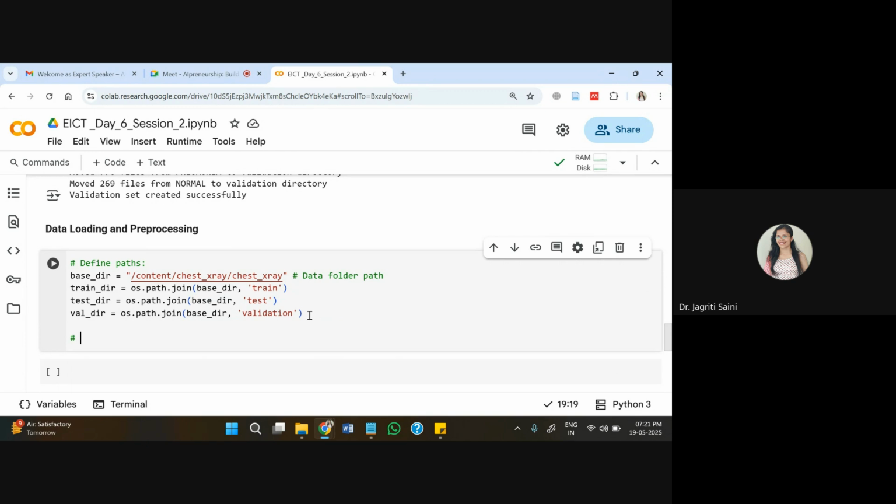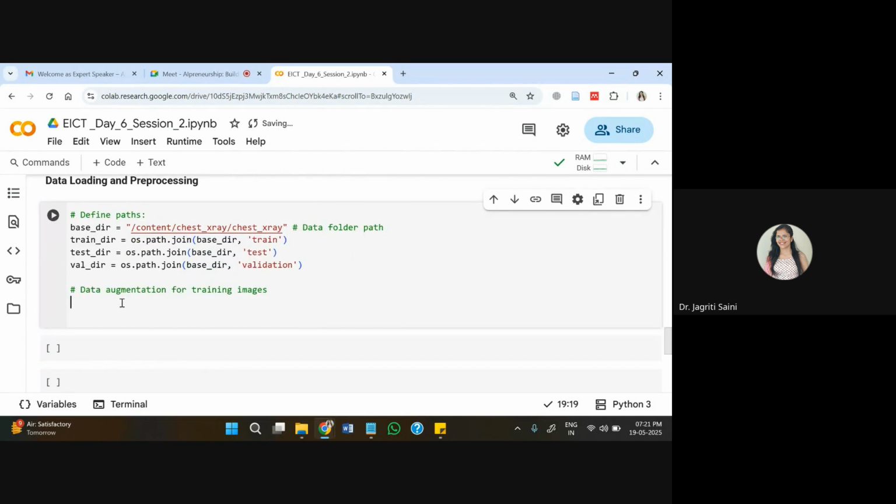After this, I'll use data augmentation for training images. Hopefully you have gone through some augmentation techniques earlier in some of the classes. If not, augmentation is just to create more replicas of your existing dataset to improve the training process.